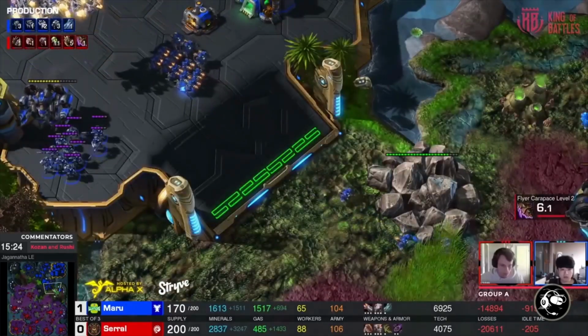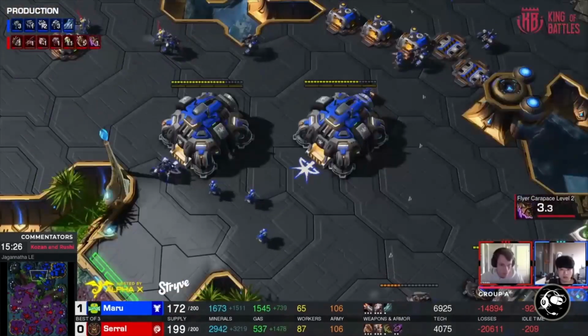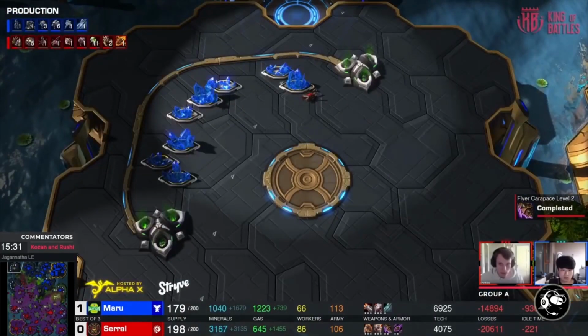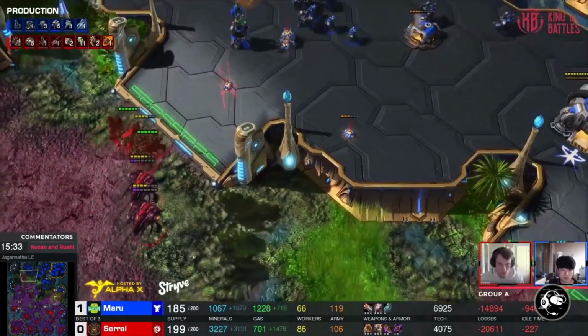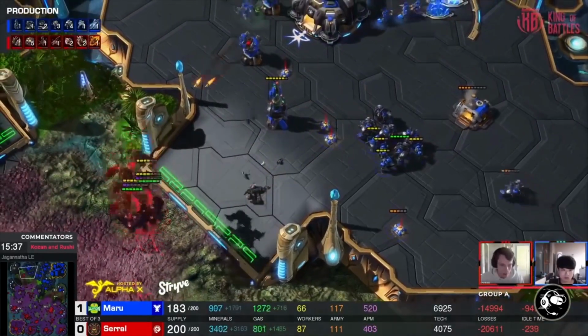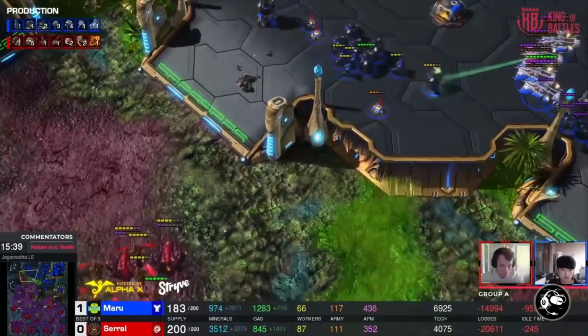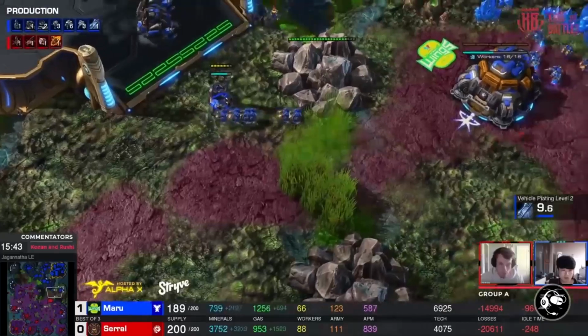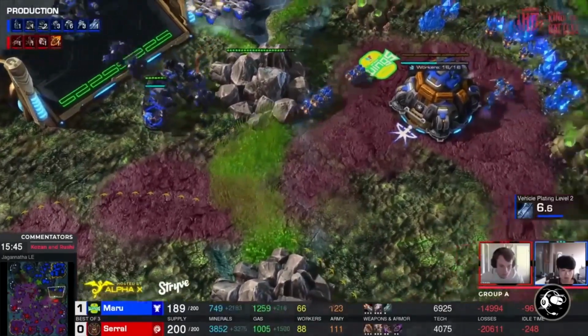Now, to be fair, Maru is playing a very Marauder Ghost-heavy style anyway, so maybe not the most impressive numbers considering that, but still kind of a funny thing to see right there. More of those Ultralisks on the way. Yeah, I mean, if Serral does manage to keep Maru on this full base, Maru is gonna run dry. He is not gonna be able to keep this going, but looks like...